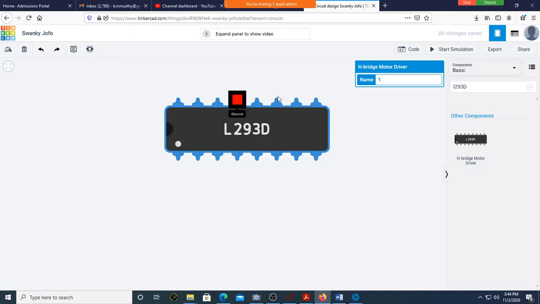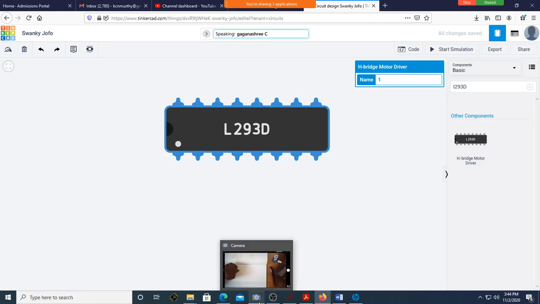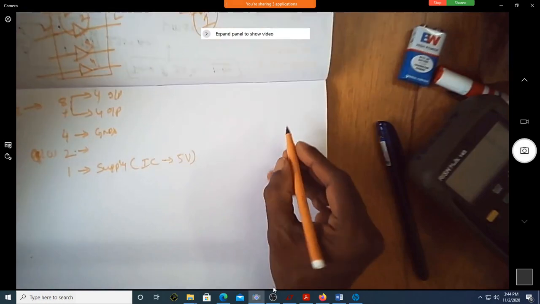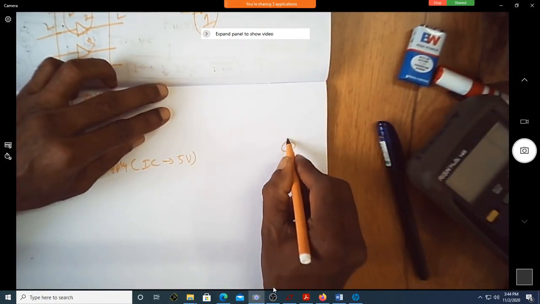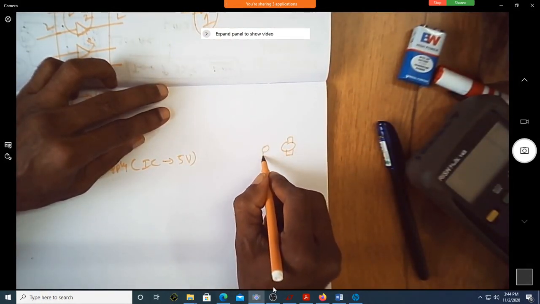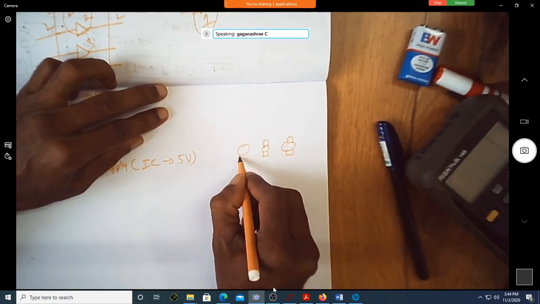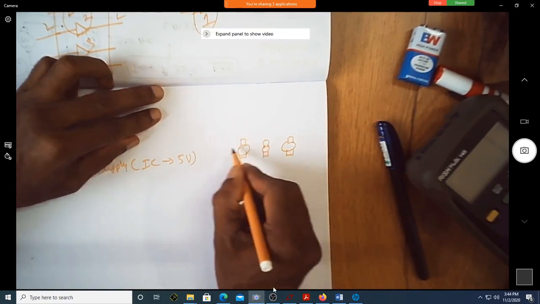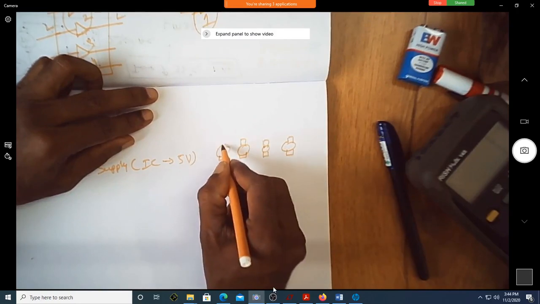So using this L293D, how many motors can I drive? I can drive 4 motors. Assume that I have 4 motors, all of the same rating.